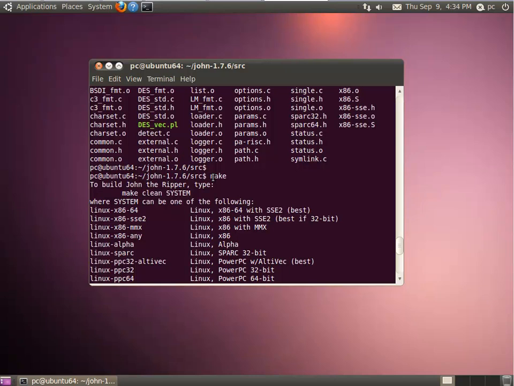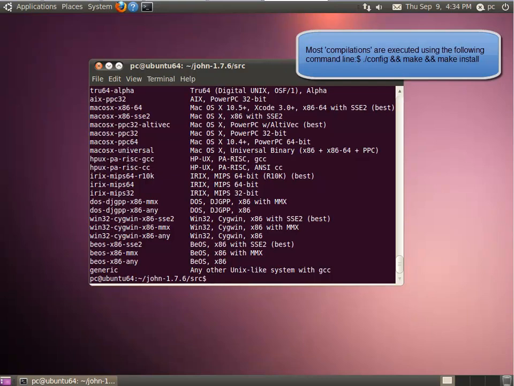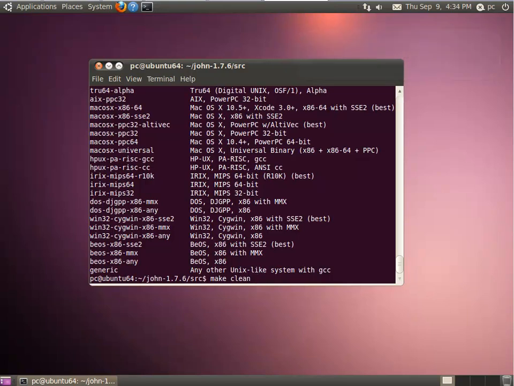If we scroll back up to the top, notice that this indicates that to compile John, we type make clean in the type of system. And the type of system I'm using here is a Linux x86 architecture 64-bit. So let's get out of this, and we're going to type make clean, and what clean does is it gets rid of those binary files, the object files, the .o files we saw previously. So it's compiling from the beginning, and we type make Linux